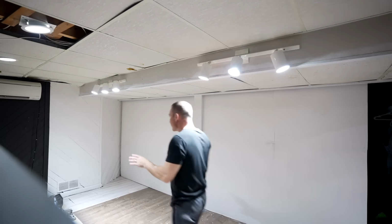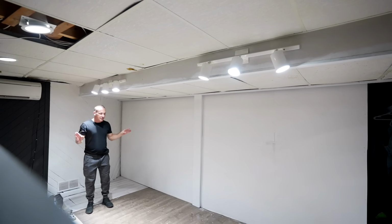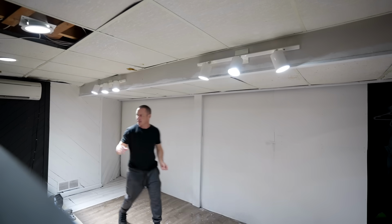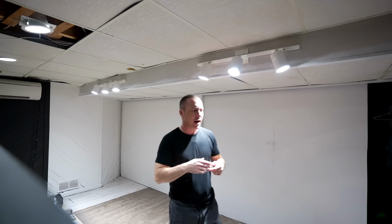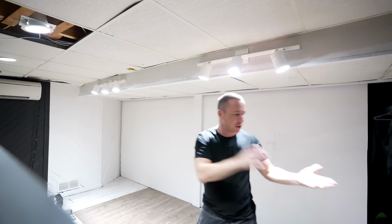Because you gotta remember, she's only been in the hobby for 1 year, and slamming her with a fish room isn't exactly how you start out in the hobby. However, this isn't going to be your typical fish room. It's going to be the special needs aquariums fish room, because we have so many tanks. 180s, we got 15 gallons, we've got 4-foot long tanks, 3-foot long tanks, 16-inch tall tanks, we have cube tanks,